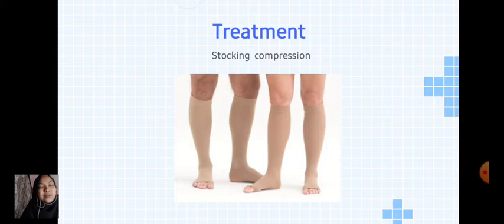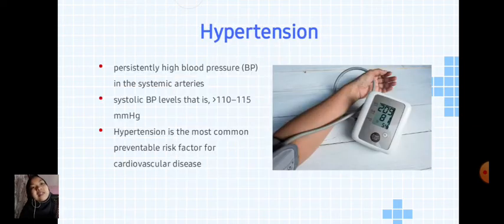Okay, what is hypertension? Okay, thank you, DACA. DACA's answer is good, but I will add some material. So hypertension is